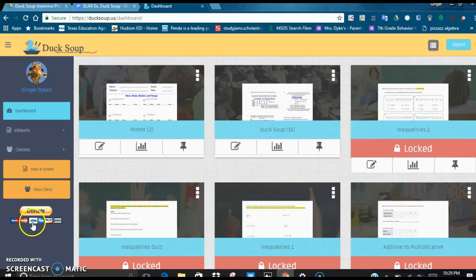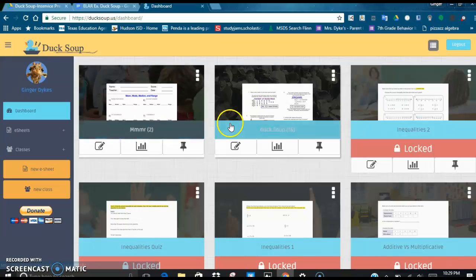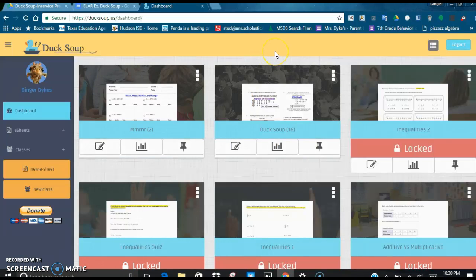So this is my Duck Soup. I haven't deleted any data or anything from last year. I left it up when they asked me to do this so you could see what it looks like. So let's say I want to add a new sheet. You would just go to New eSheet,